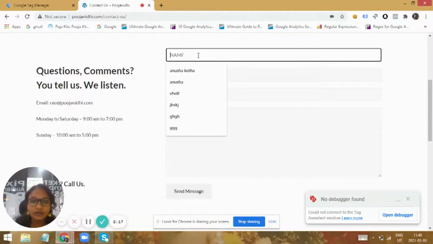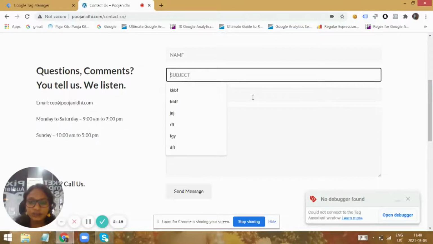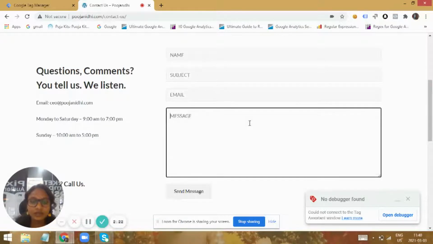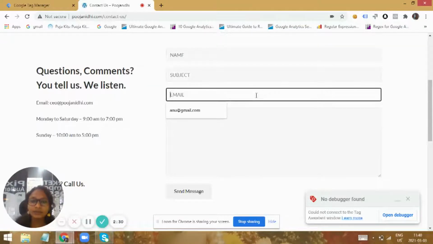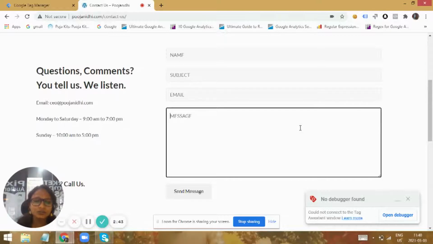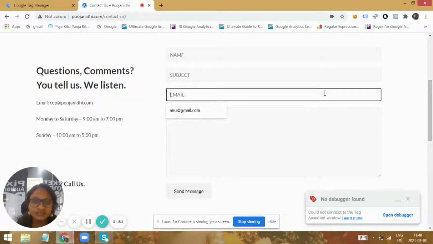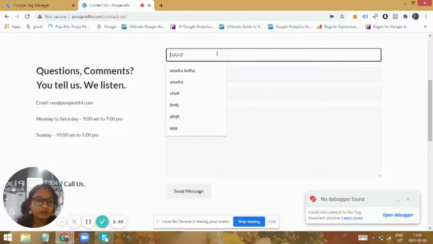So we need to track which fields the users are comfortable filling while they want to submit an inquiry. Let me now implement the technique to track the fields that are being filled by a user, and the particular field that the users are not comfortable filling, so they abandon the form and leave the website just because of that particular field. You can track such fields and remove them from your form and make the form more user friendly, so as to get more inquiries and also the best users you would like to get.